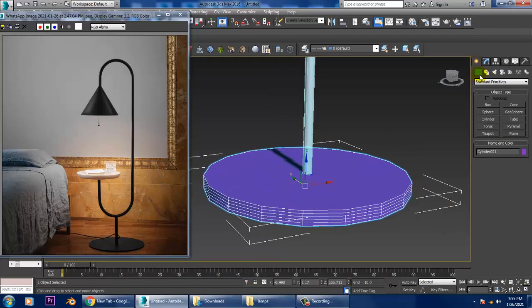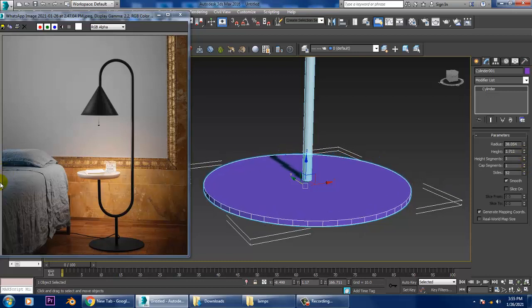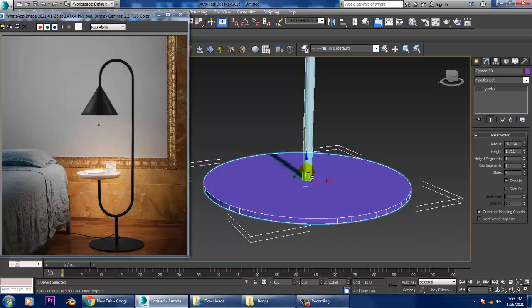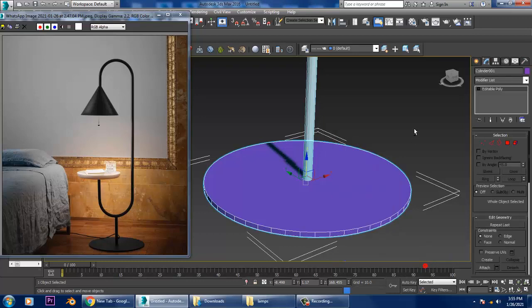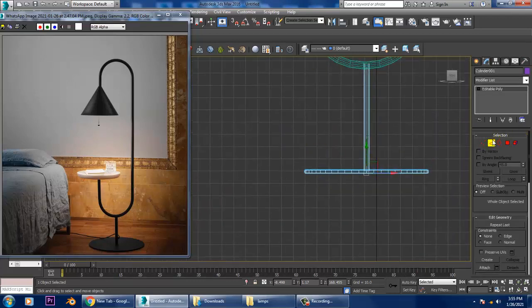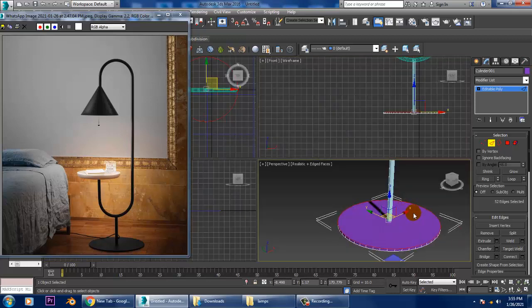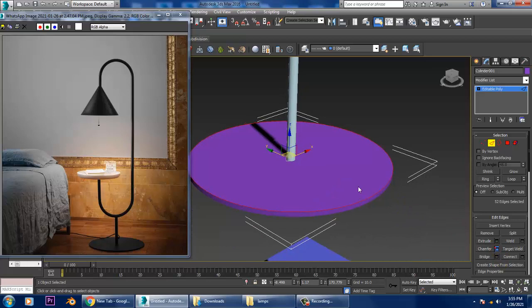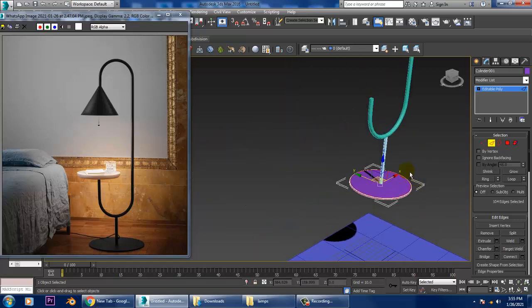Increase the size of it, increase the sides, reduce the height segments, reduce its height, slightly just push it up, convert to editable poly, select the edges and let's give a chamfer and click OK. That's it.